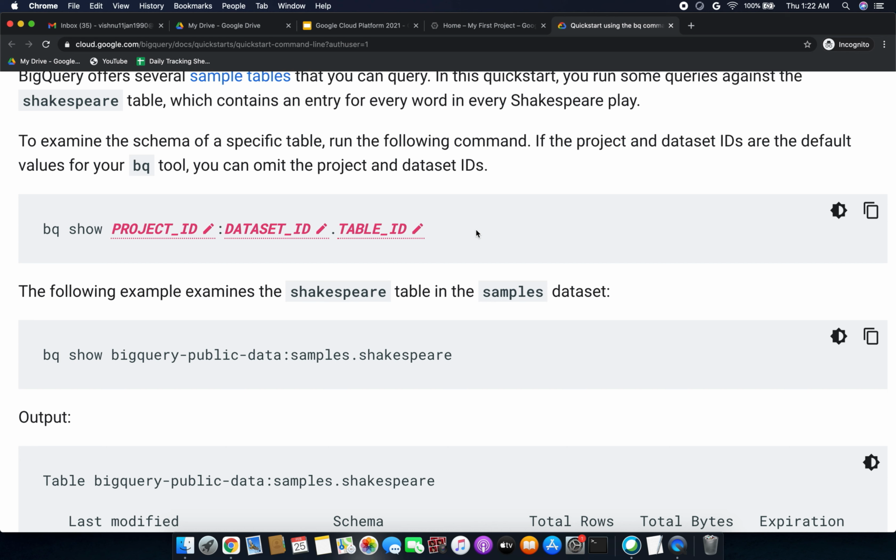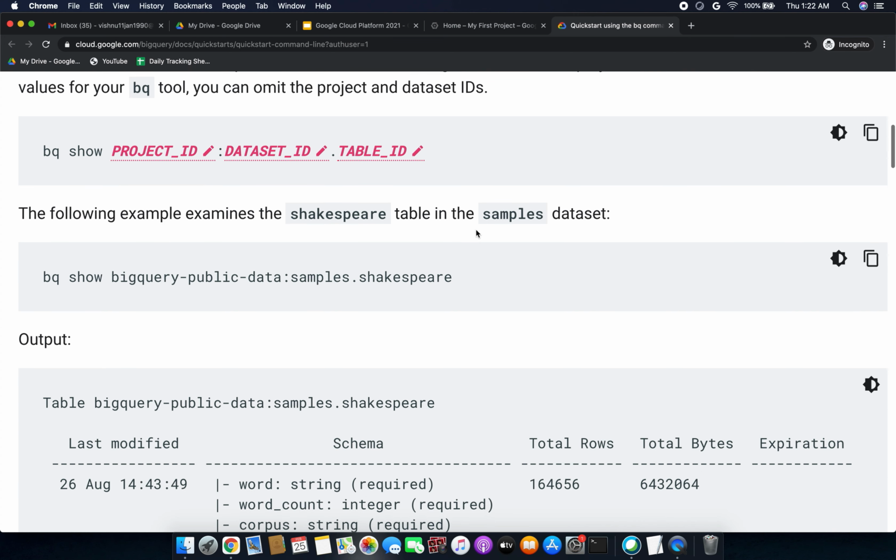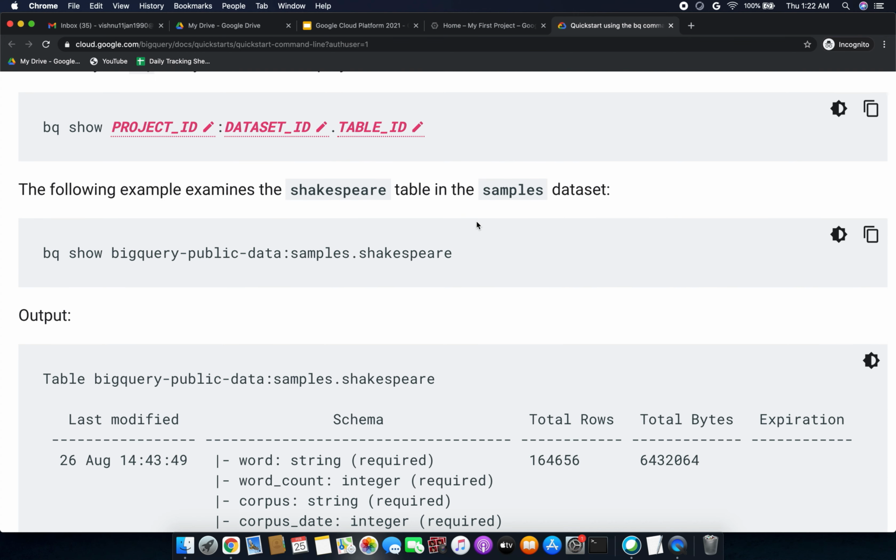If the project and dataset IDs are the default values for your BQ tool, you can omit the project and dataset IDs. The following example examines the Shakespeare table in the samples dataset. BQ show bigquery-public-data, which is the project ID, samples, which is the dataset ID, dot shakespeare, which is the table ID.